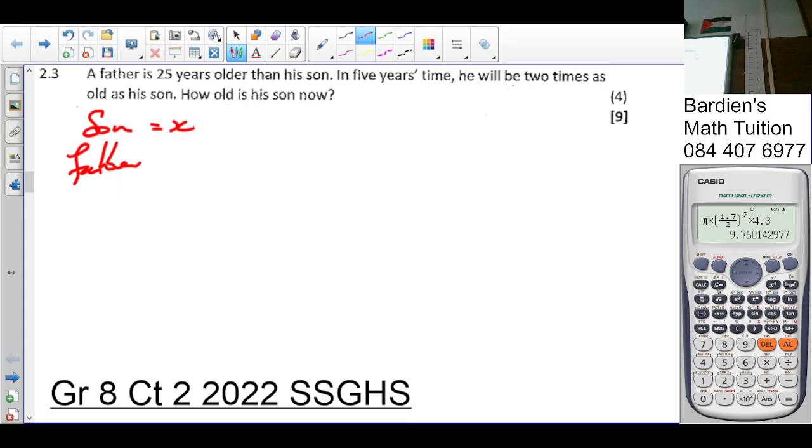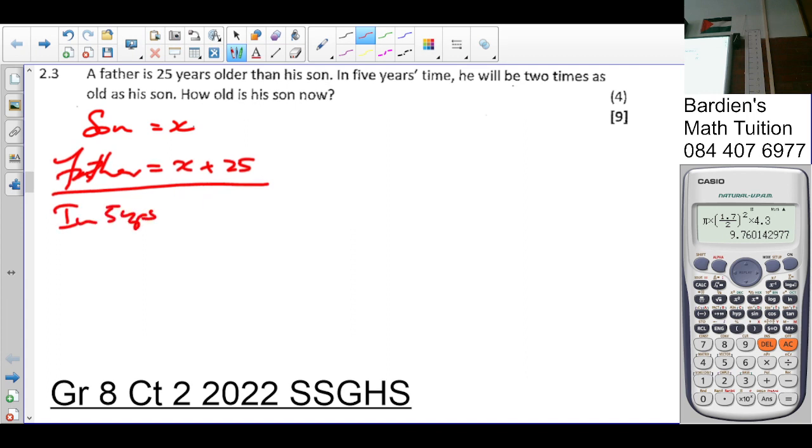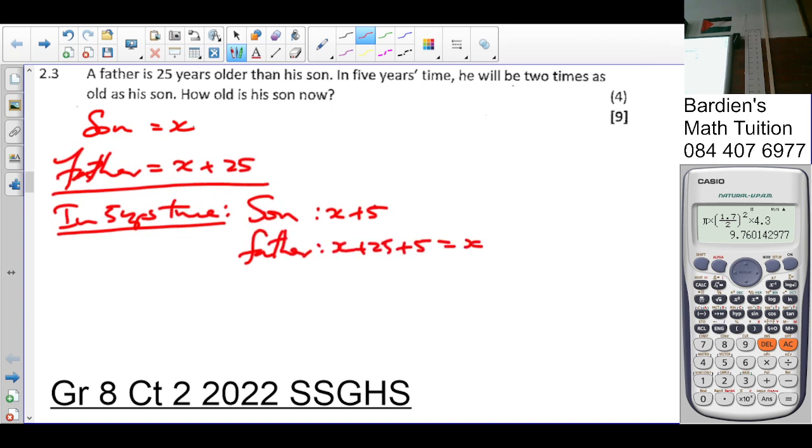And the father will be 25 years older, so it's going to be x plus 25. Okay, in 5 years' time, the son would be x plus 5, and the father will be x plus 25 plus 5, which is x plus 30. Okay, so in 5 years' time, he will be 2 times as old as his son, twice his son's